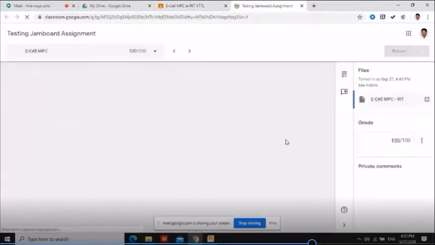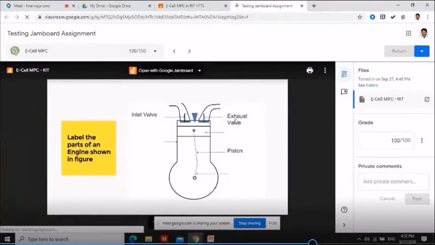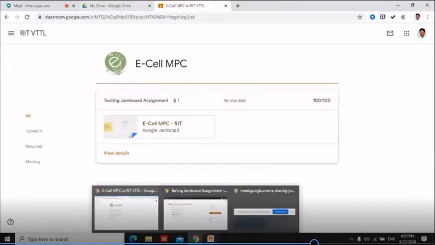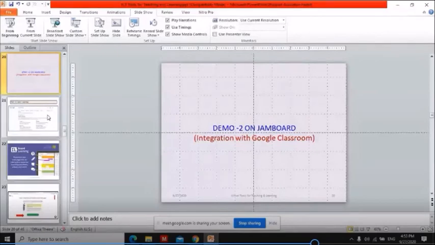Whatever tasks are given by the faculty, accordingly you have to do the changes in the Jamboard. So you have to mark the answers and turn it in. Hope you understand. Since we are in a 1 hour session, we cannot do everything. We are at a fast pace. So hope you will understand, and you can practice in the coming hands-on hour. Okay. So that is on Google Jamboard, and then